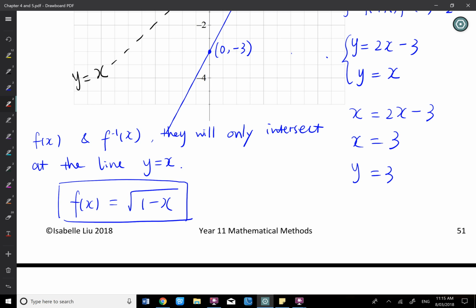My question is, if you have a function f(x) and you have a function f inverse x, if they intersect, they will only intersect on the line y equals x. Is that a right statement or wrong statement? And I give you a question to think about. f(x) equals square root of 1 minus x. I ask you to find the inverse and then discover the point of intersection or points of intersection on this